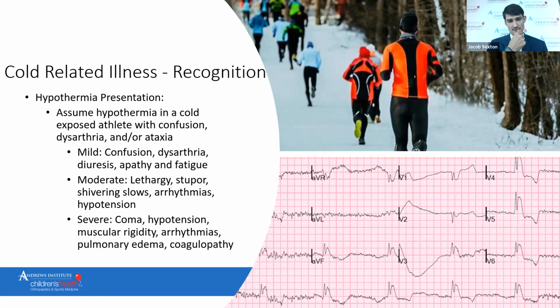And this is why these athletes and individuals with severe hypothermia are predisposed to ventricular arrhythmias, such as ventricular tachycardia and ventricular fibrillation. But most importantly, there's this cool little hump that you can see on the EKG, called an Osborne wave. And that's very specific for hypothermia. If you identify that on an EKG, then typically you can assume this is a cold exposure incident until